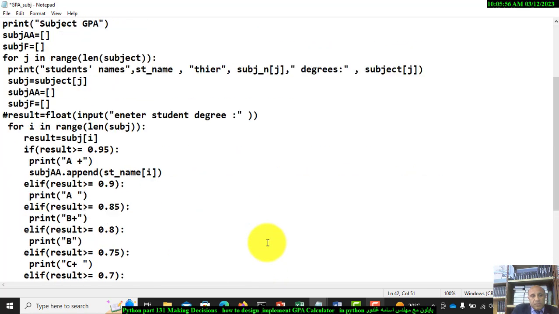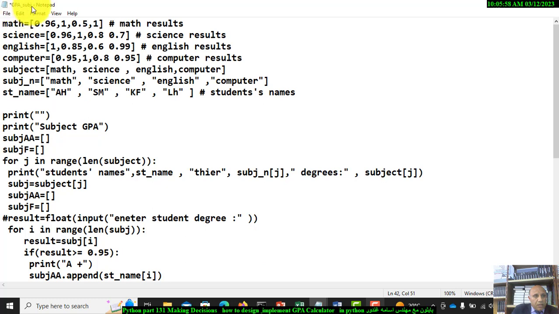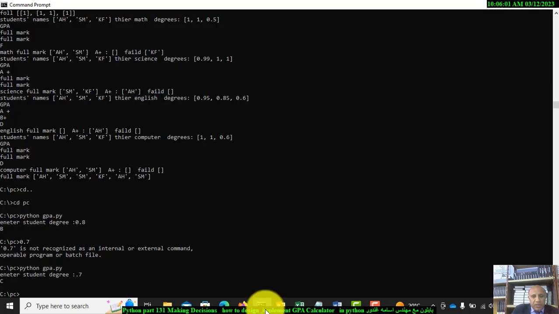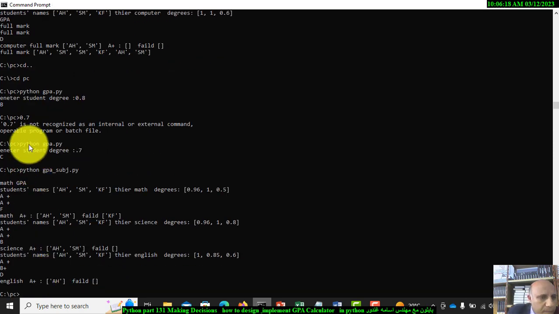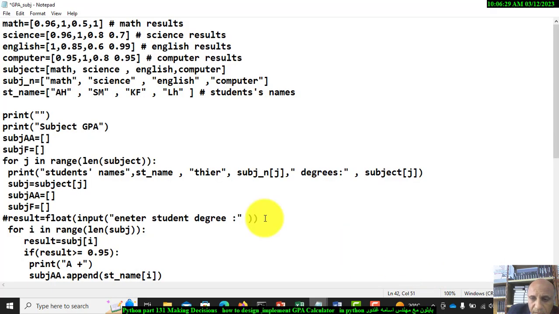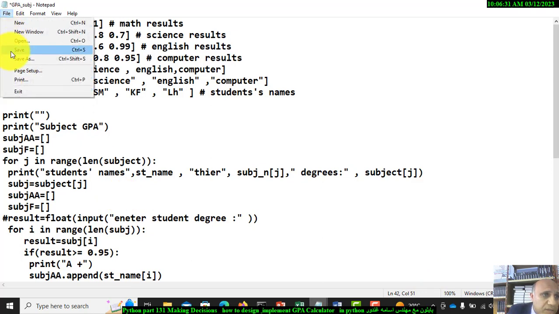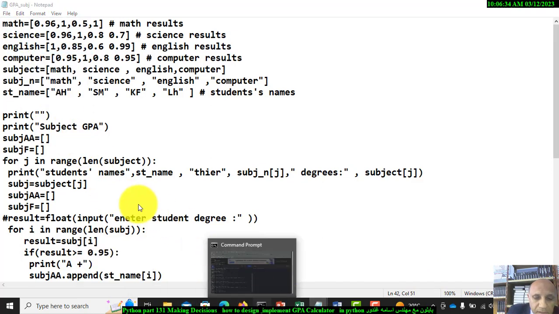So let's try this GPA underscore subj. We will try it first in the command prompt. So we will write python, and then GPA underscore subj dot py, and enter. So here, mass GPA, so I have to save this. Because I did some modification, I have to go to file and save,